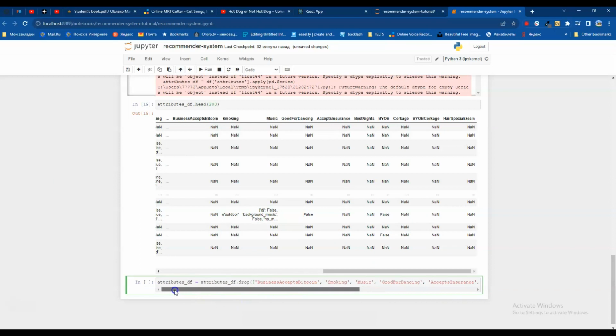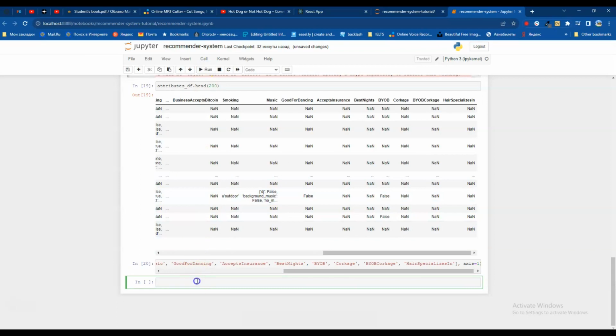We basically don't need business, accept Bitcoin, smoking, music, good for dancing, accept insurance, best nights, BYOB, Corkage, and the last two ones. We don't need them, and we can write axis one like this. Let's run,